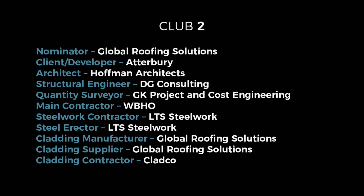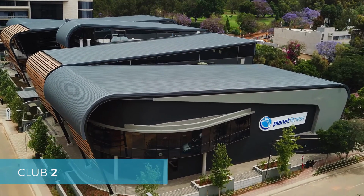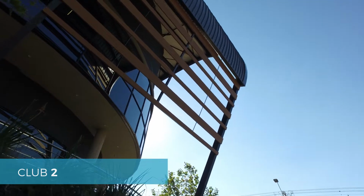Club 2 has curved portals, which are particularly unique, innovative, and give great aesthetic pleasure. The portals step up and down over box gutters to let natural light into the interior spaces. They also step in and out over the facade to create deep overhangs, creating a shaded public space at the